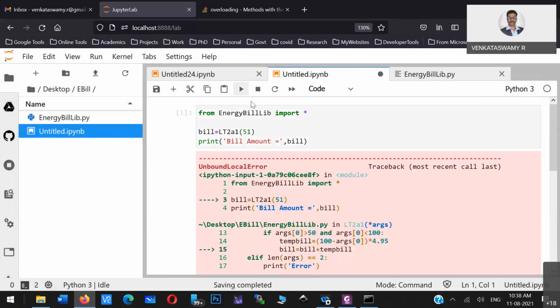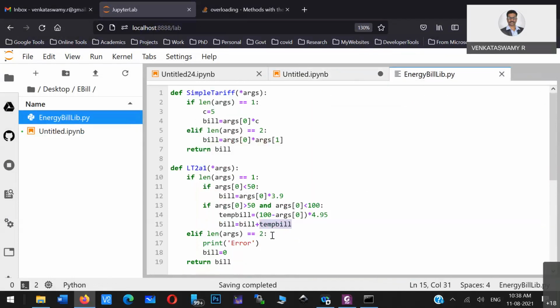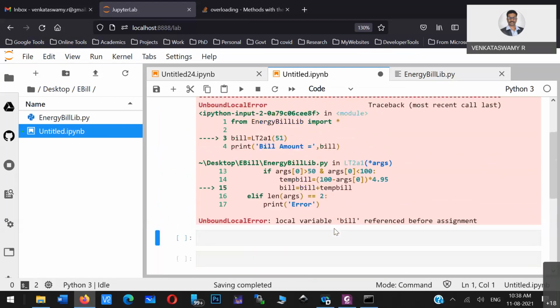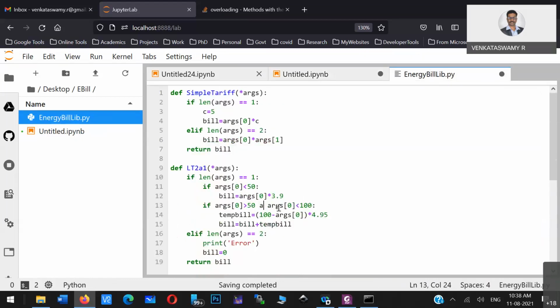Okay, so I'm just running this program. Again, the same problem. 51. So now the number of units is 51. Okay, so greater than 50. Shall I use this and? Greater than 50 and less than 100, it has to come here.